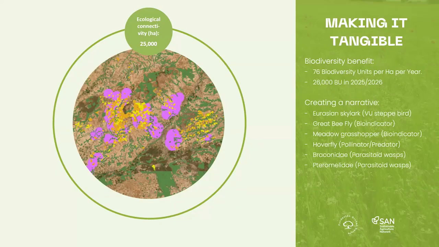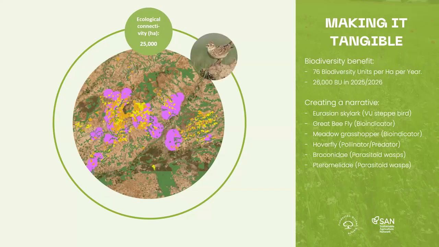Those purple circles are also connecting the fallow lands to the natural habitats that you see in green. So the ecological connectivity increases by 25,000 hectares just because of these fallow lands, together with the other practices that we do within the program: organic fertilizers, biostimulants, direct no tillage, less use of pesticides, those type of things.